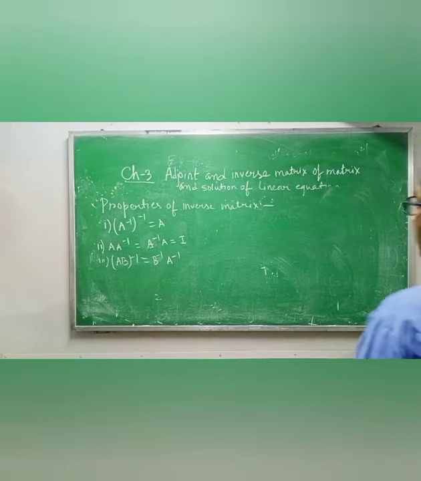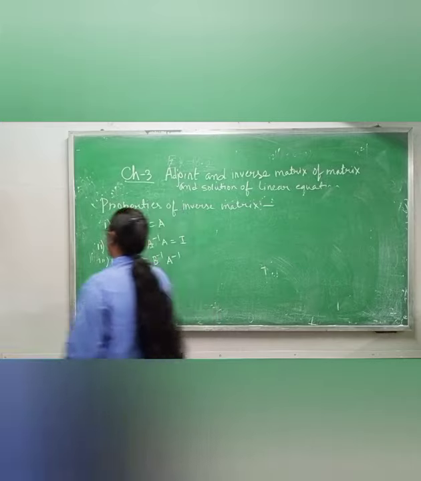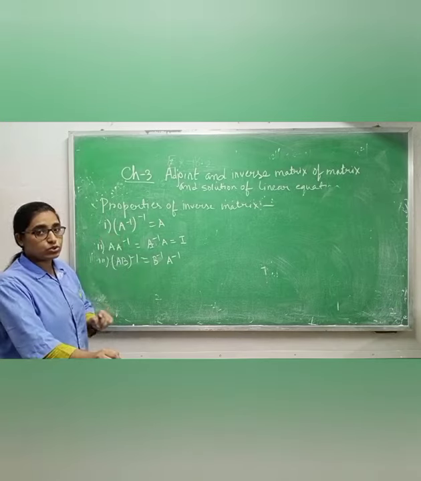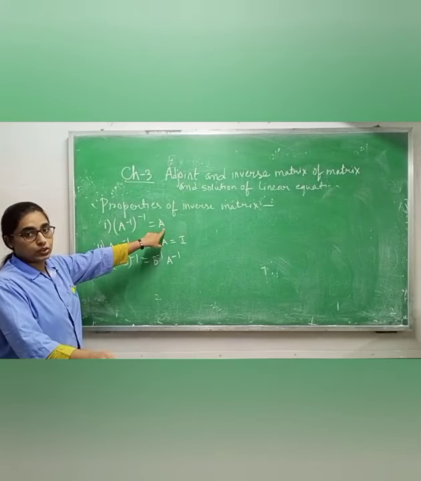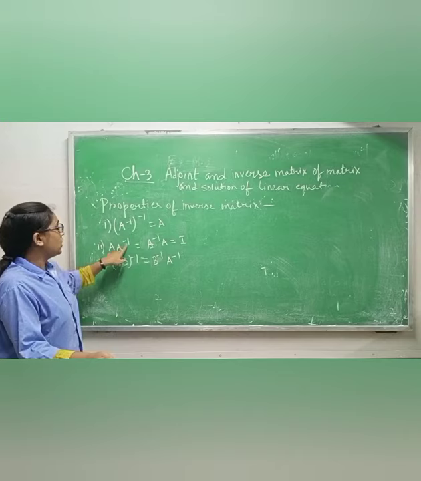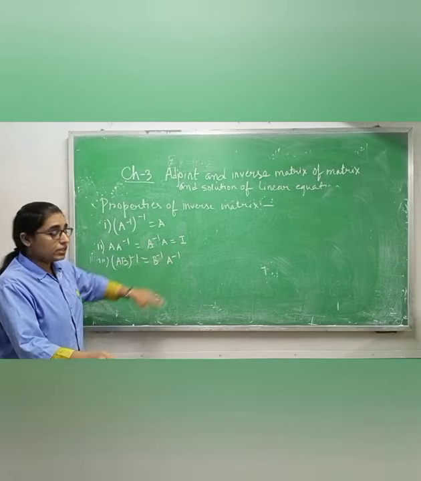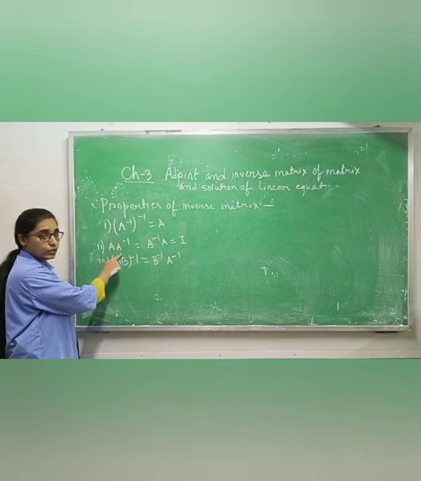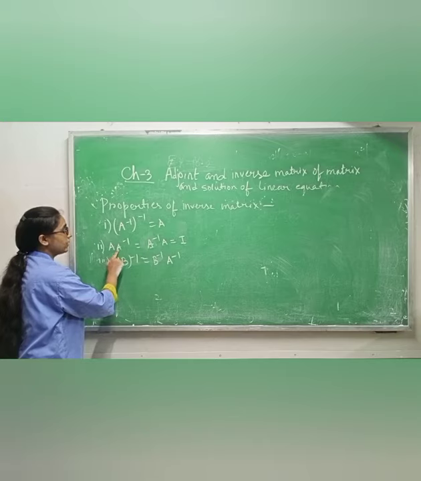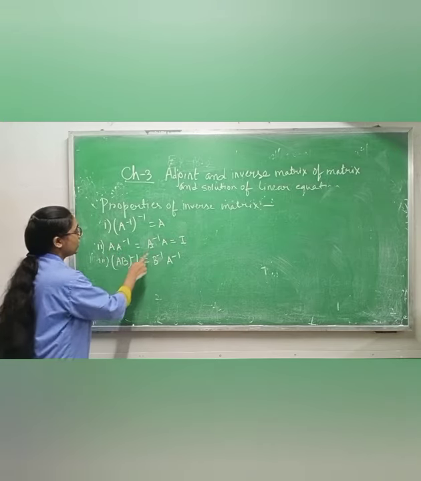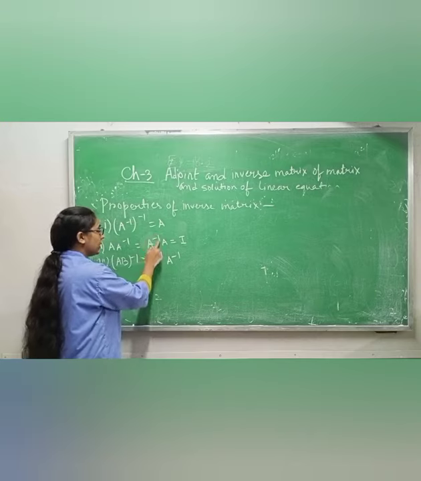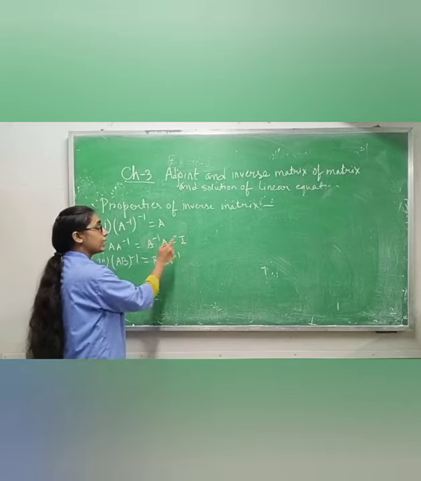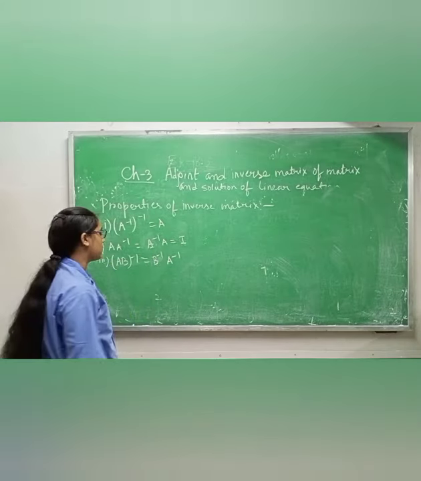Now class 12, there are some properties of the inverse matrix. What are the properties? A inverse, then again inverse: if you take the inverse twice, you will get the same A. Okay. Now A A inverse equals A inverse A equals I. Suppose you have matrix A and you find A inverse; multiplying these two, you will get I only. Again, A inverse dot A means first you write A inverse, then the A matrix, then multiply these two, you will get I, the identity matrix.